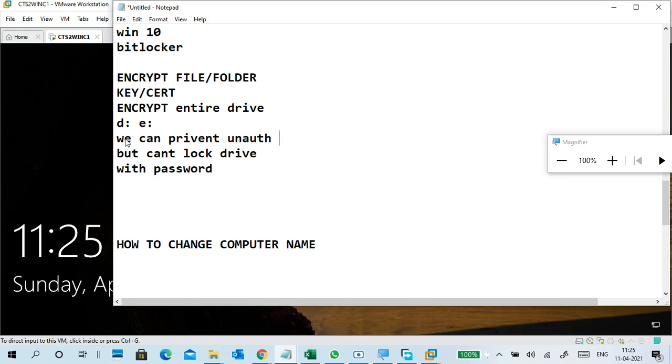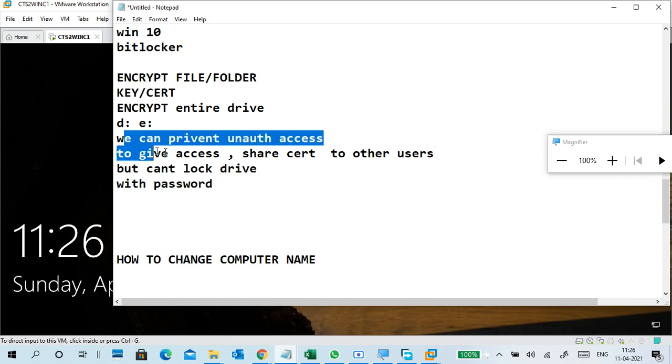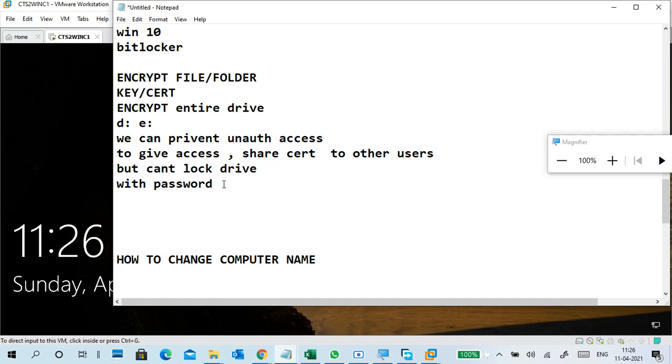To give access, we have to share the key certificate with other users. We can't lock it with a password. To make it simple, we can't give a password.